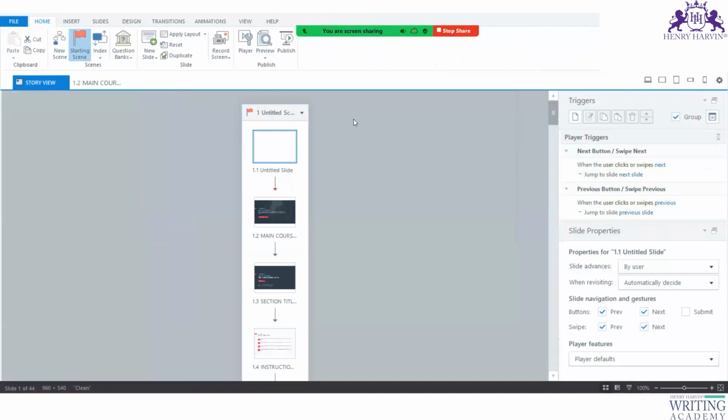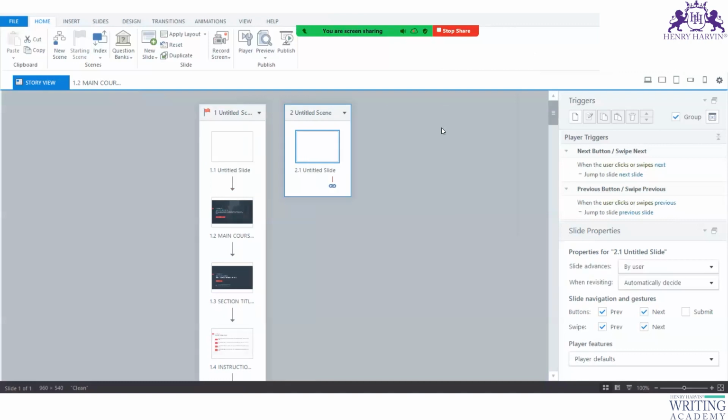Right. Now I want you to create a new scene. What you do to create a new scene, you just right click and say new scene. Come to your story view and then right click and then new scene. Are you all with me? Okay. Open the new scene